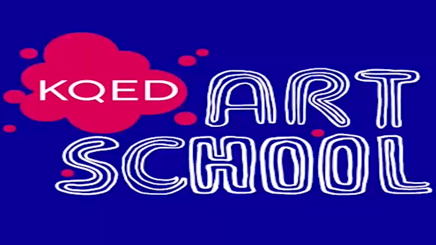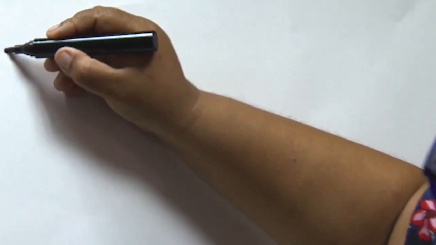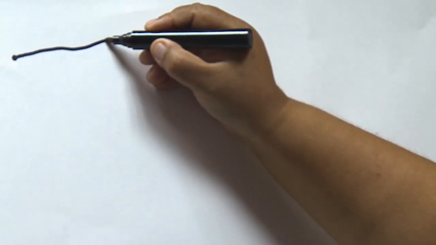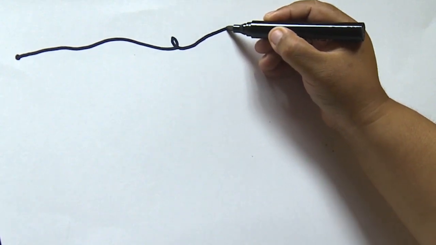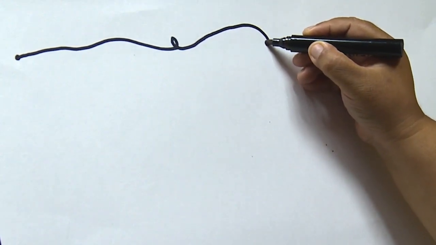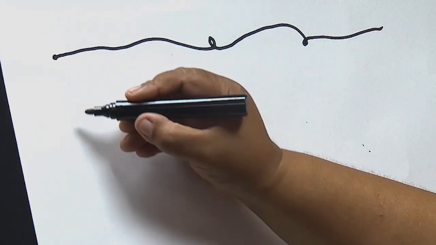Girls and boys, I hope you have enjoyed that video about lines. And we are going to demonstrate a very simple lines. A line is a pathway or a mark left by a moving point, and it is the most commonly used element in visual arts. Lines can be